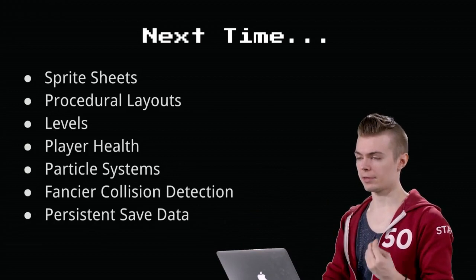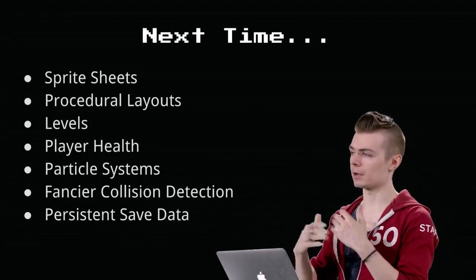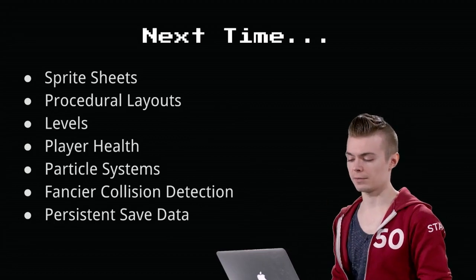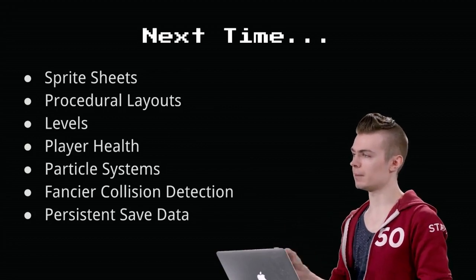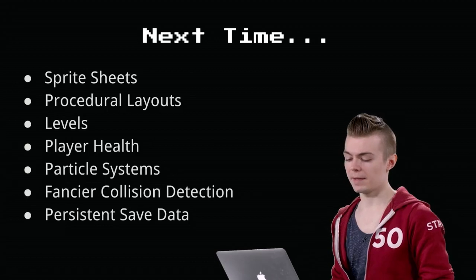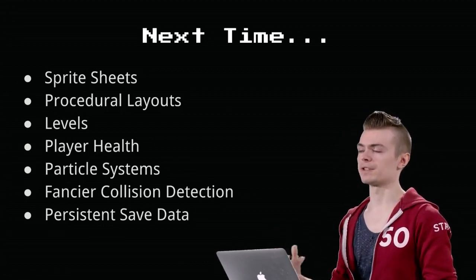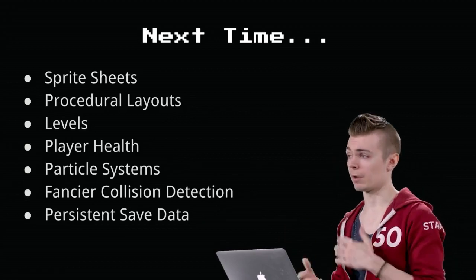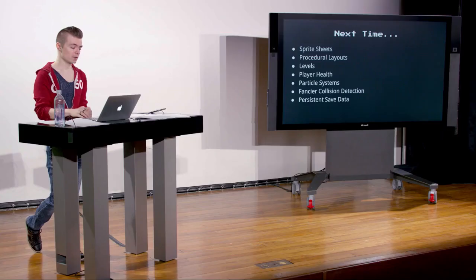We'll be talking about health. We'll be talking about particle systems, which is spawning little mini graphics to accomplish various effects that are otherwise difficult to capture in simple sprite animation. A little bit fancier collision detection based on input so that we can drive ball behavior the way we want to. And then also persistent save data. How can we take a high score and not have it refresh to 0 every time we run the application, but rather save it to disk so that every time we run the program thereafter, we can see what we've gotten